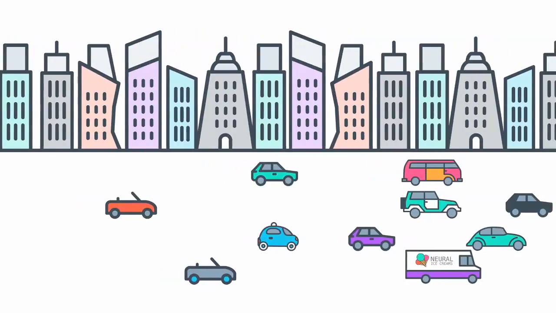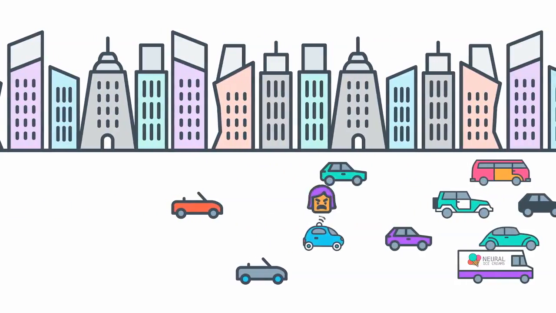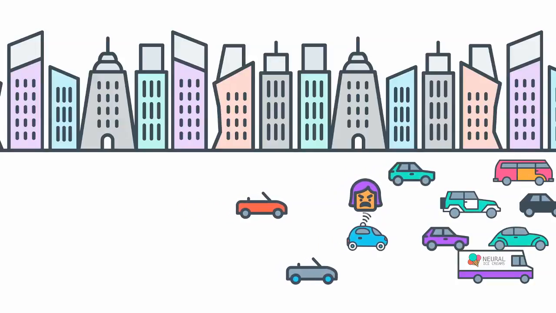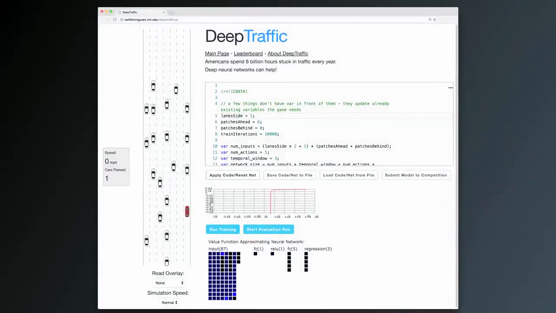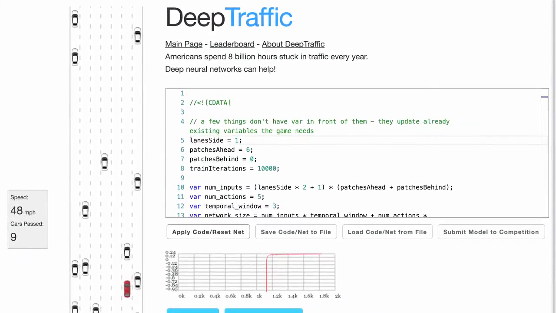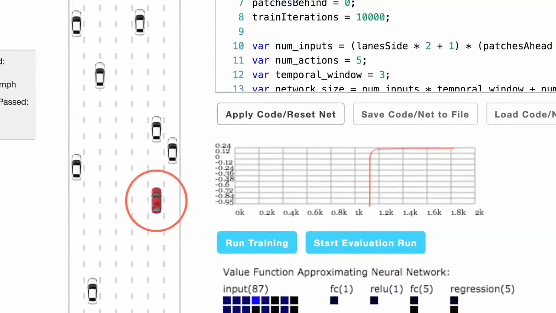One problem that deep learning can help solve is navigating efficiently through traffic, a problem that's near to my heart living in California. People spend hours stuck in traffic every day. So let's see how deep learning can help. To get you started, we'll be looking at a project developed by MIT called Deep Traffic. Deep Traffic is a simulation of highway traffic, where the car in red is controlled by a neural network that